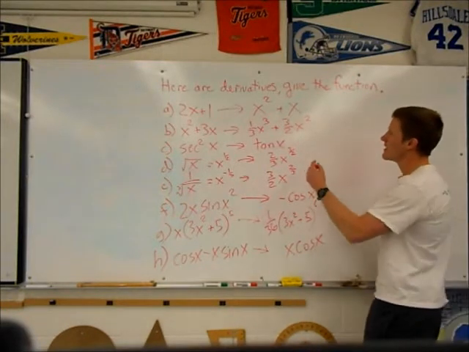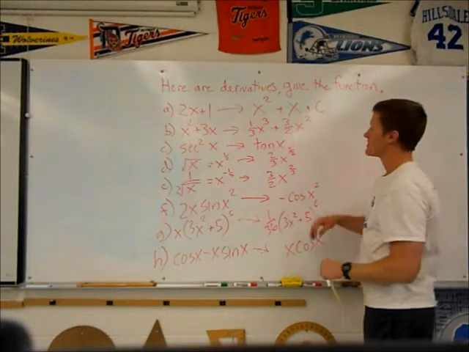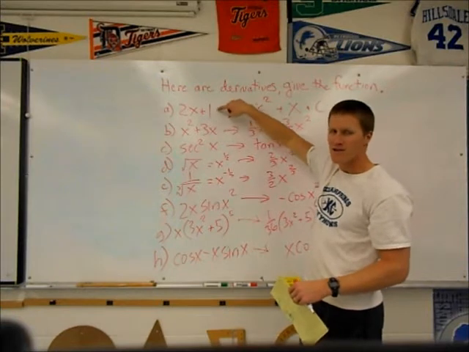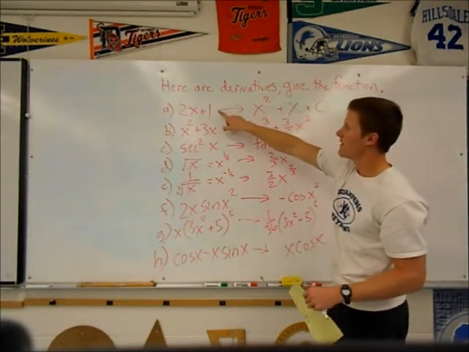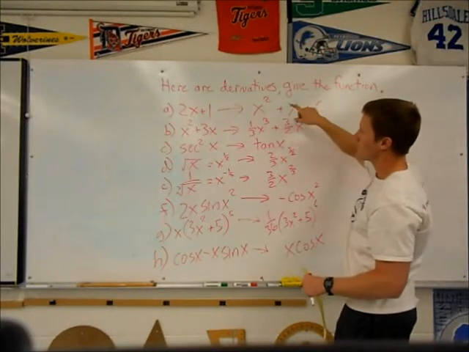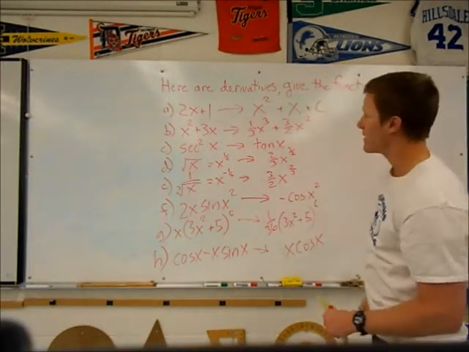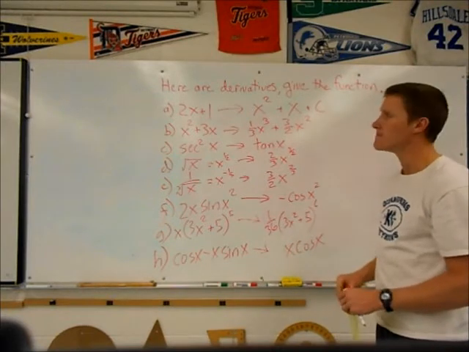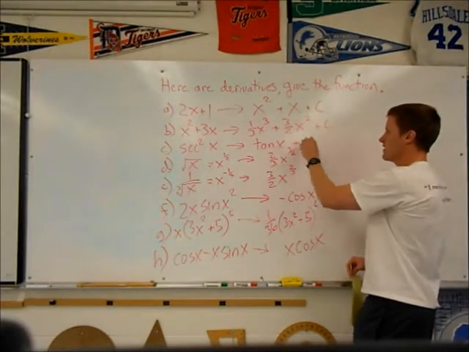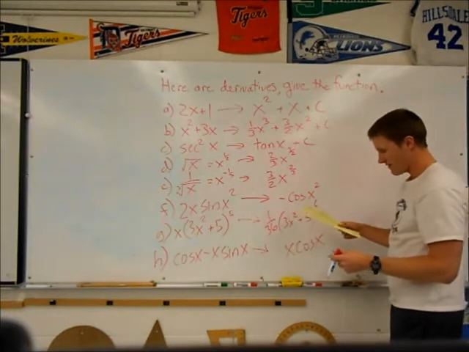Well, the answer would be anything of the form x squared plus x plus a constant, because the derivative of a constant is 0, and that doesn't show up here. So there's no way to tell if the constant might have been 0. The constant 0 would give you the same thing, or 2, or 10, or pi. Really, any constant would work there. So all of these, if we put a plus c at the end, so on and so forth, those would be the general antiderivative